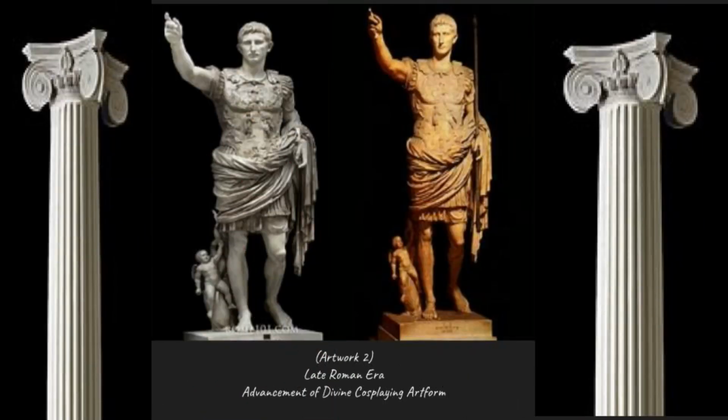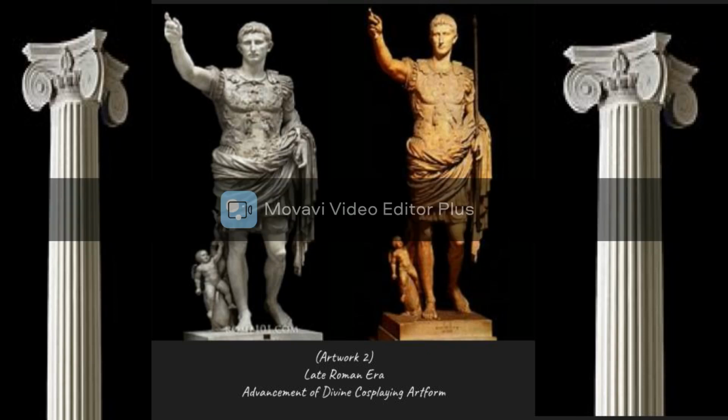Moving on to artwork 2, Portrait of Augustus as Imperator by unknown artist, 20 BCE, currently located in Museo Vaticano, Rome, era late Roman Empire, material marble. The creation of the Portrait of Augustus Imperator had been a collaboration from a variety of many unknown artists in